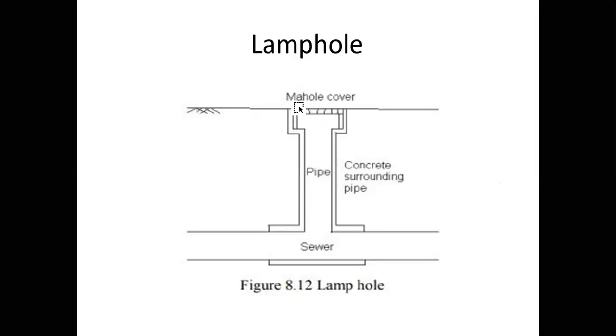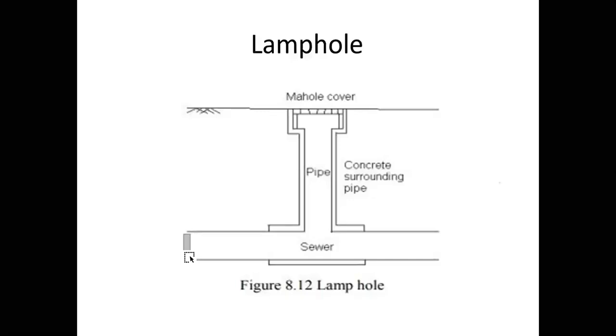The way we observe the usual manhole, a similar type of manhole we can see from the top surface of the road. But below that there will not be an egg shaped or square shaped or big manhole. Instead of that, it will be a simple concrete pipe, or it can be a pipe surrounded with concrete material, through which we can send our tool to check where the obstacle is.